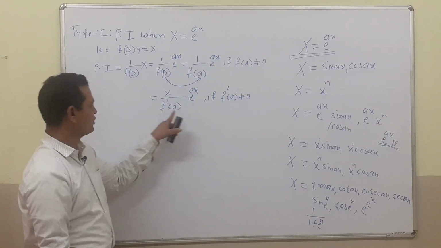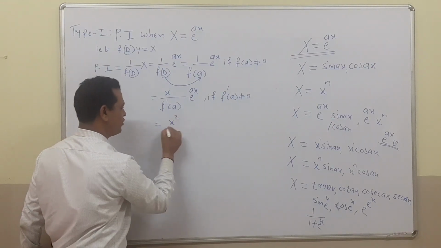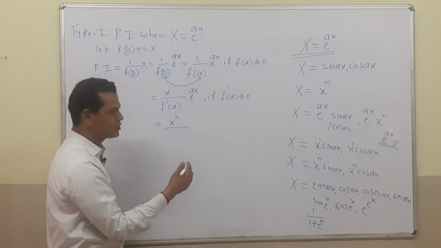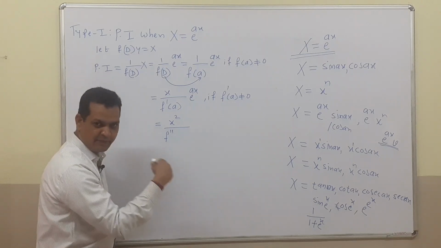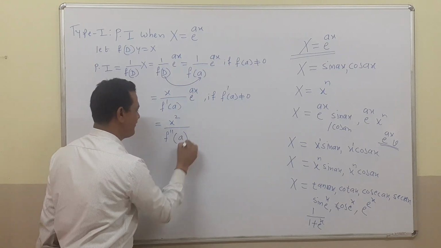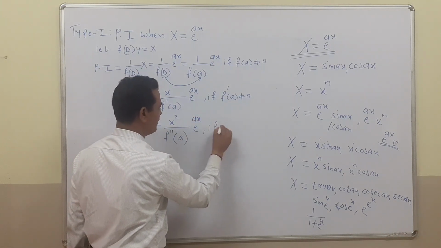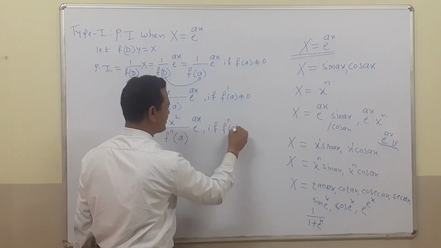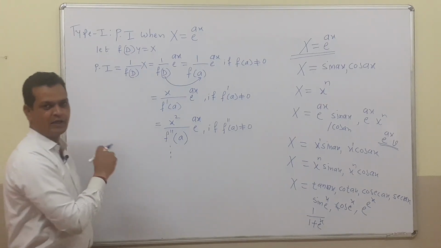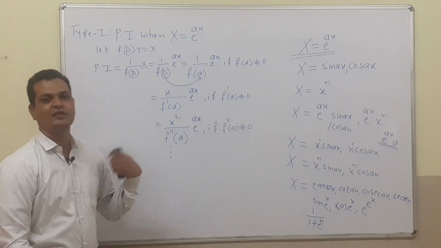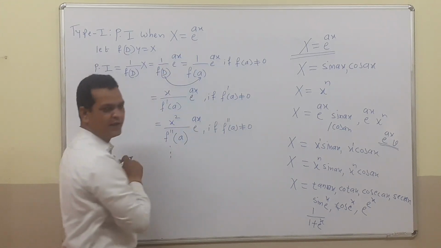If this value is again 0, if the denominator of this term is again 0, then again attach one more x on the numerator, that means x into x, that is x square, into the second derivative of the denominator with respect to D, and again replace D by a. So we get this as f double dash of a into e raised to ax. Again this is possible only when the value of f double dash of a is not equal to 0. So in this way we can continue this formula. This is the first type for finding the value of particular integral when capital X is an exponential function.